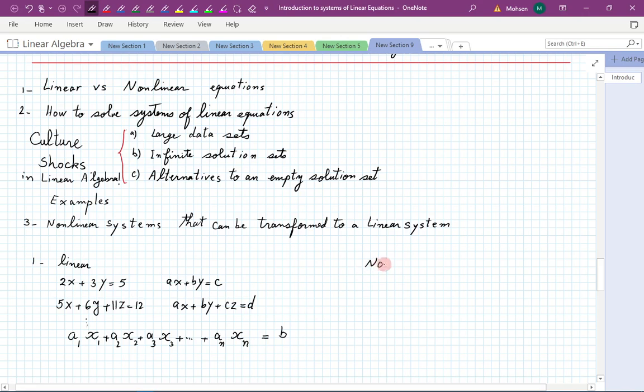What's a nonlinear one? The issue is rather subtle as to what is linear and what is nonlinear. I'm not going to get into fine details of that today, but as a general rule of thumb, if you see an equation which has powers in it, let's say x to the power of 2, or radicals in it, or exponentials in it, or any other function, cosine of x, and so on, or fractions in it,